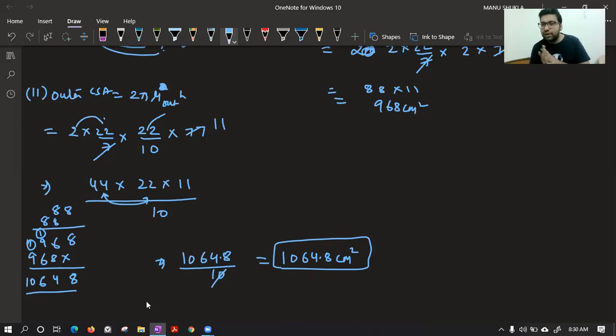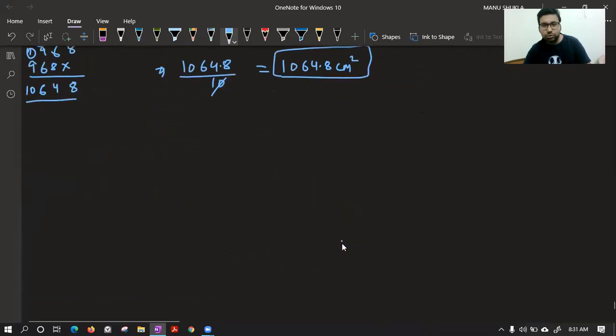We will not get the answer because just now I have told you, in my case, I am not neglecting. We are considering the thickness. It is not negligible. It is visible to our eyes. That is why we can't neglect it. So we have to take that also. So you will write TSA is equal to